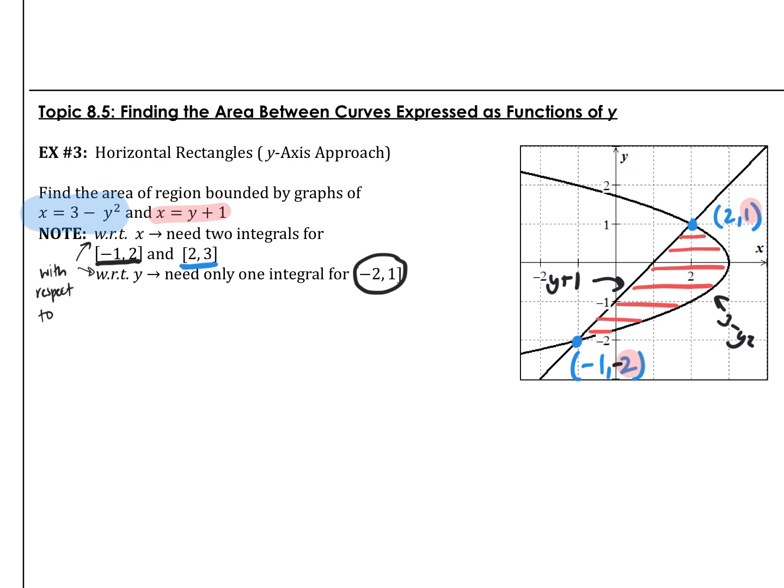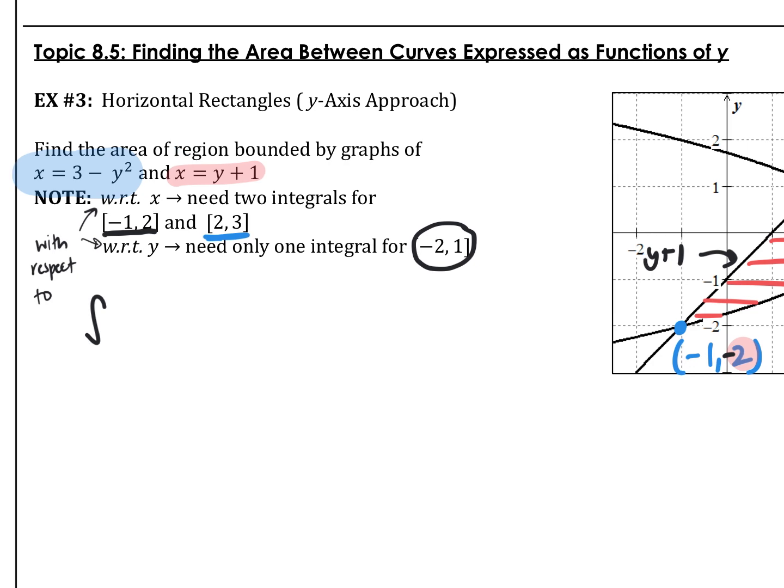Okay, so think about if you're looking at it from the side. You're starting down at your lowest point and going up to your highest point. But when we're integrating this, you always start with the top curve and subtract the bottom curve. So in this case, my top curve is 3 minus y squared, and my bottom curve is y plus 1, because I'm looking at it horizontally. So we're going to integrate with respect to y, from -2 to 1